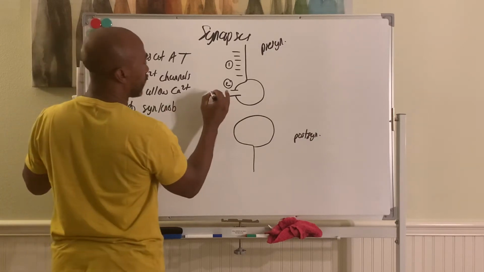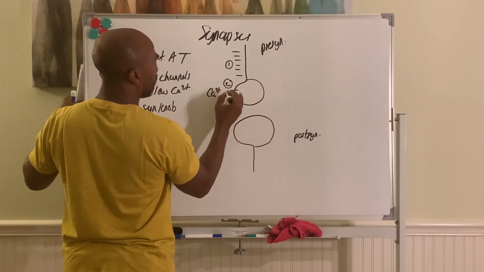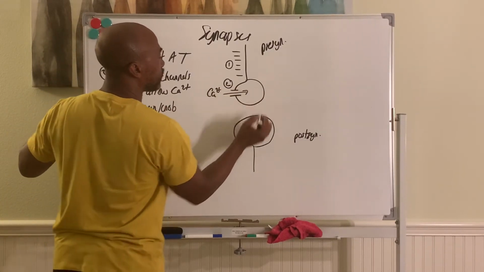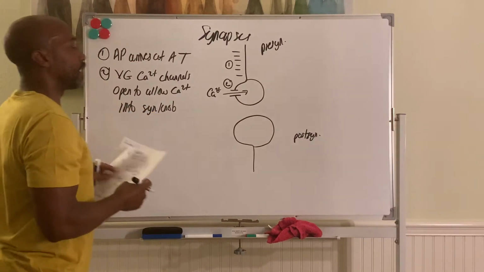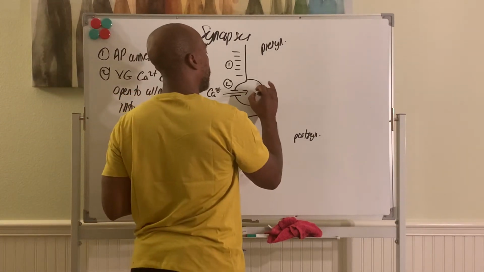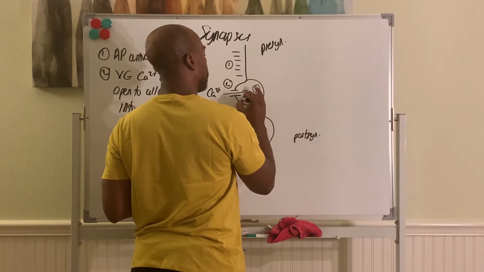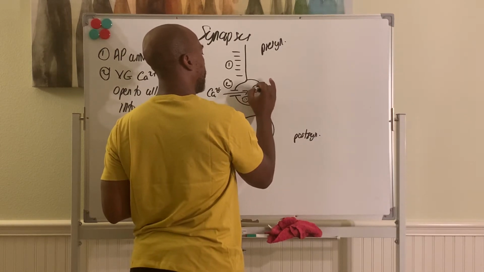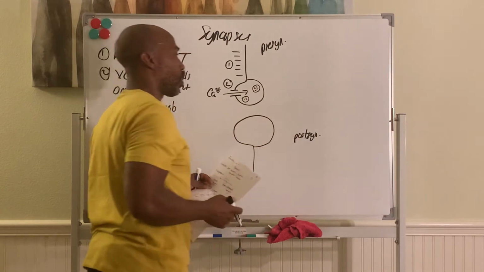So here goes calcium, and now it enters into the cell. That's step two. Then step three, so remember you have your synaptic vesicles inside the synaptic knob containing your neurochemicals